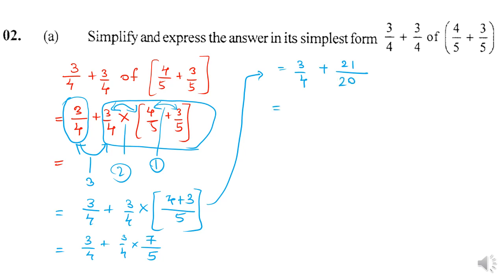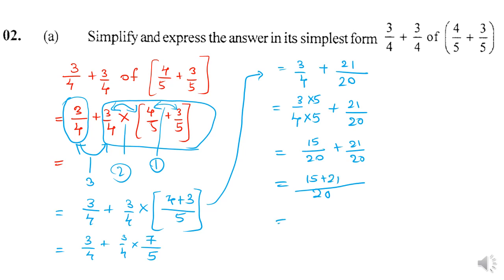So you have to make another common denominator, which here can be taken as 20. Therefore you have to take 3 over 4, you have to multiply this by 5 in order to make 20, and plus 21 over 20, and you get 20. 3 into 5 is 15 plus 21 over 20, and then you can add these two. You have already got the common denominator, then 15 plus 21, and then you get